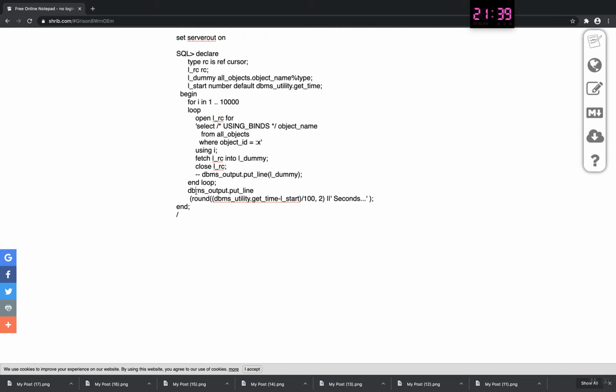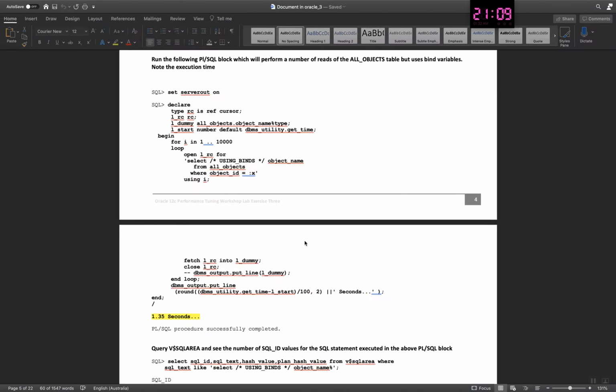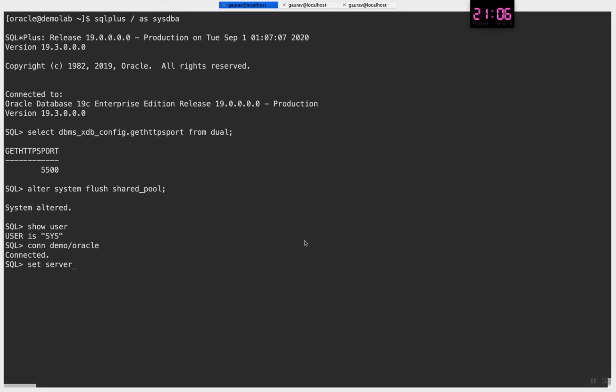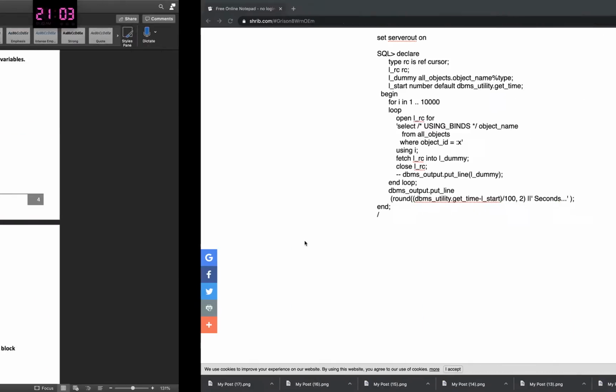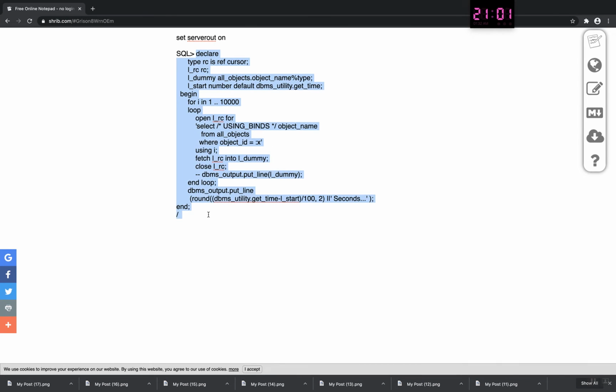Then I am getting this DBMS_OUTPUT, which will give me the time: L_START, whatever the start time was, and divided by 100 into seconds, round off. So DBMS_UTILITY.GET_TIME gives you the current time, and you're subtracting the time you defined here. So based on this difference, you get the answer. So let's run this. Okay, so set serveroutput on is done, and from here let me go till here,